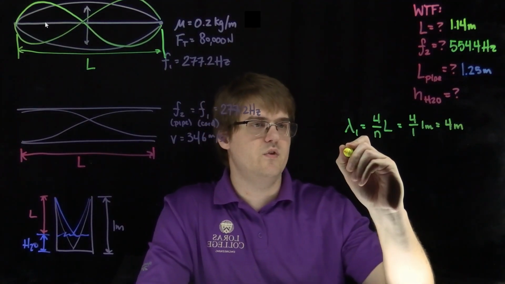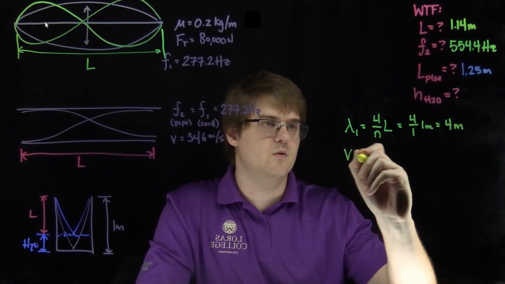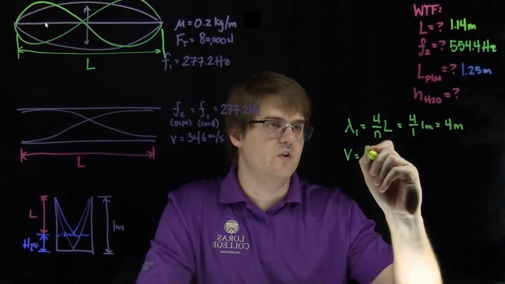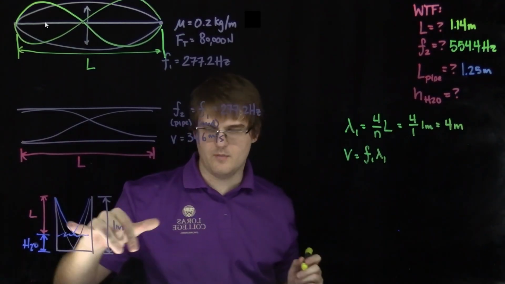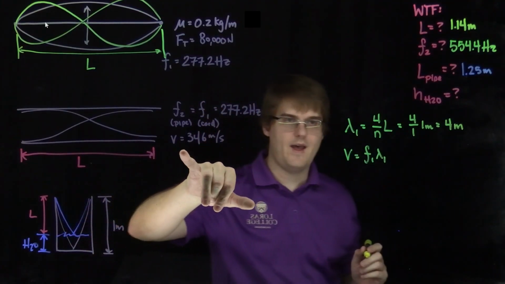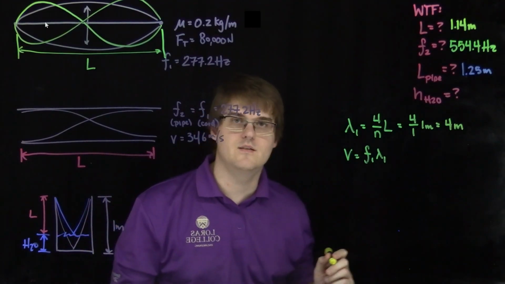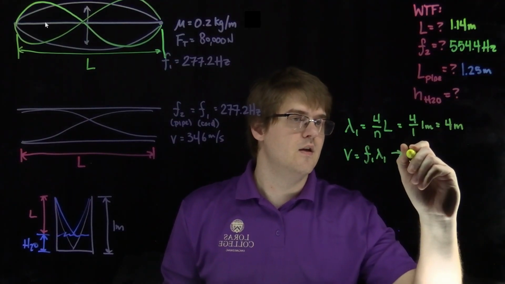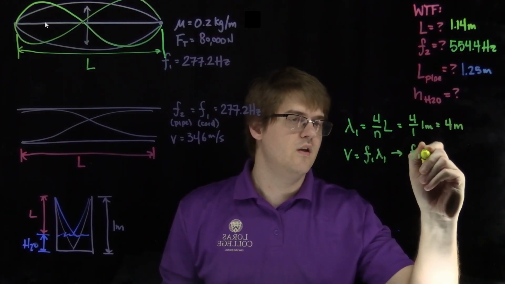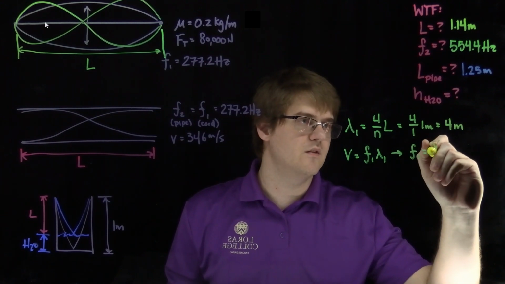And to get frequency from that, we've got velocity is equal to frequency times wavelength. And by velocity, I'm still going through air, and I still have a value for what my velocity is in air. So I can go ahead and say that my frequency is going to be equal to my velocity divided